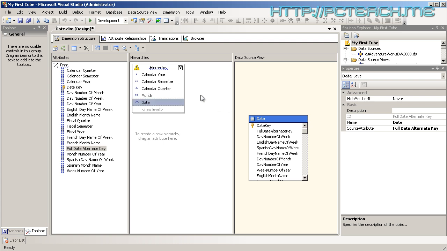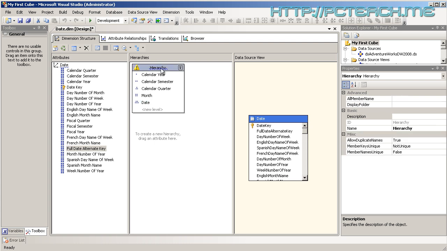Right, now it's called hierarchy. Well, that's not a very good name. So let's just rename that as well. And we'll just call this dates. And so there we are, we've got a date hierarchy, but you'll notice that we've got this squiggle here,